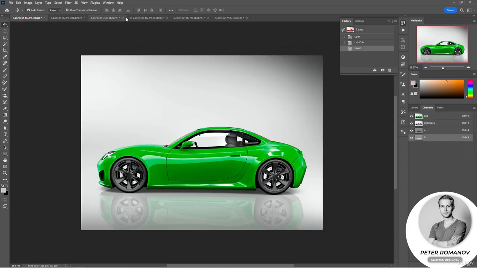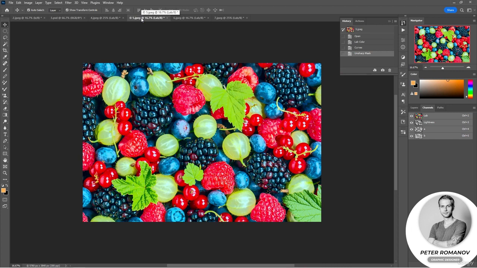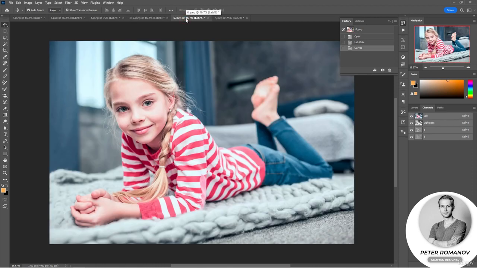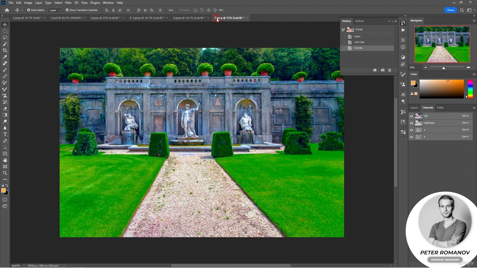And let's get to the homework. Our first homework assignment will be to make these fruits juicy and delicious. Our second homework assignment will be to work on the portrait of this sweet girl and create such a fabulous architectural ensemble using the